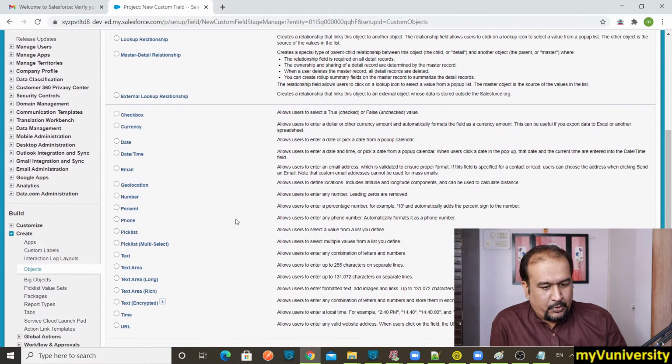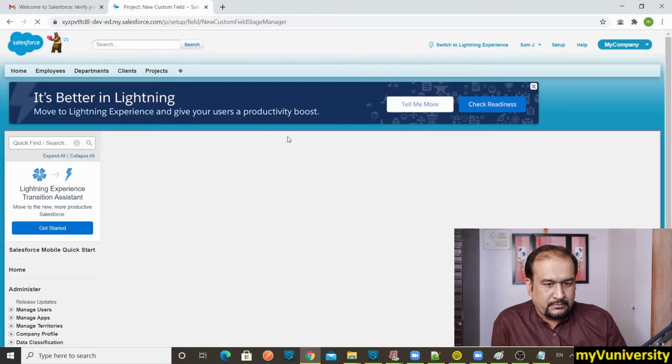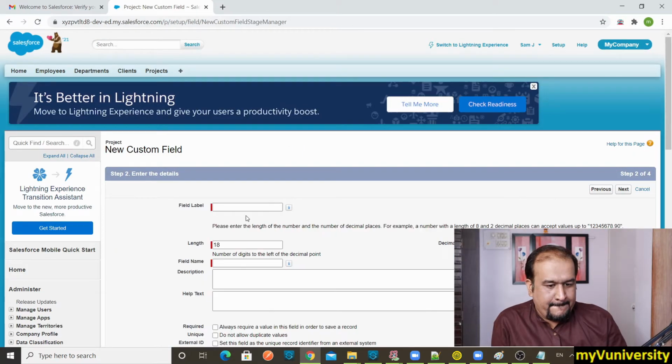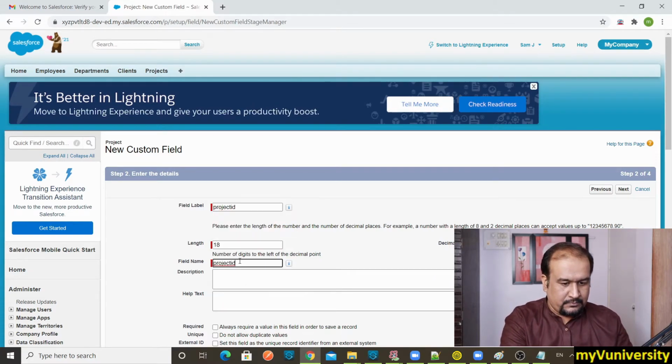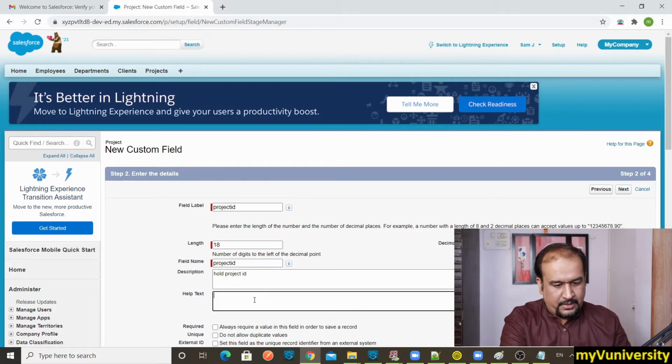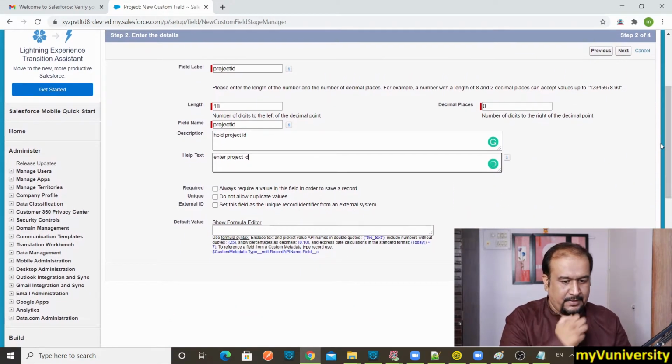Okay, so the project ID is nothing but a number. That's perfect. Field label, let us give project ID. Description, holds project ID, that's what I can give. Help text, enter project ID, that's what we can have, and this is all fine.